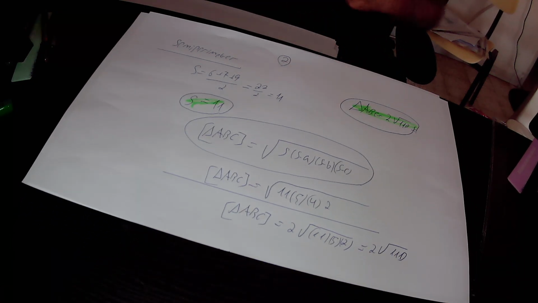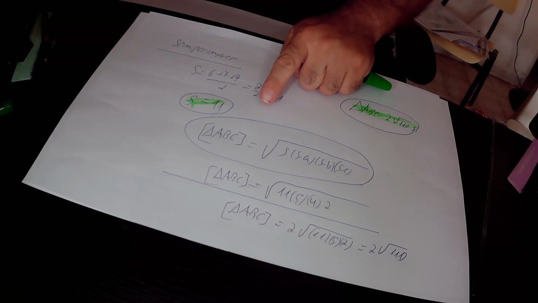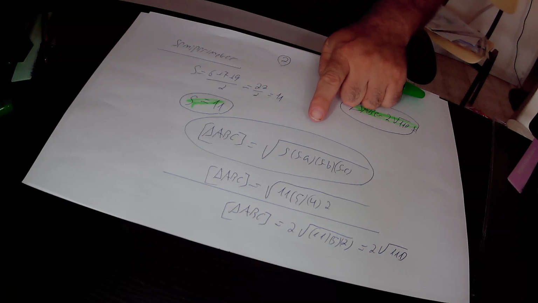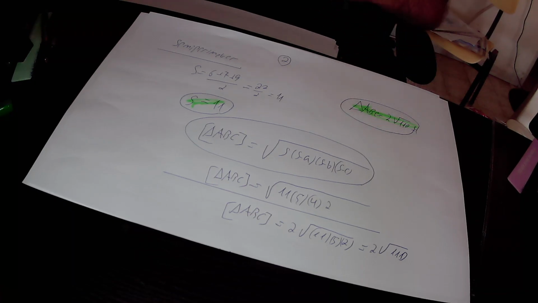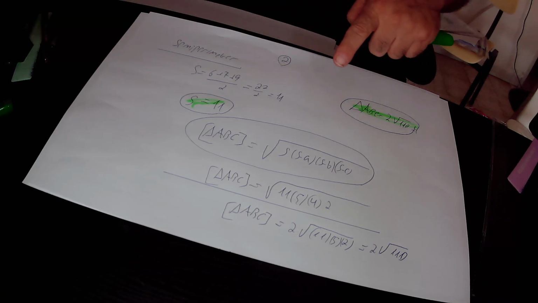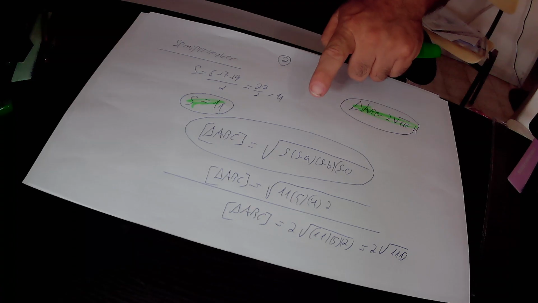We have a special formula for the area of any triangle. The area of any triangle equals the square root of S times S minus A times S minus B times S minus C. S is the semi-perimeter of the triangle, in this case 11. A, B and C are the side lengths of triangle ABC, that are 6, 7 and 9. Therefore the area of triangle ABC must be equal to the square root of S, which is 11,